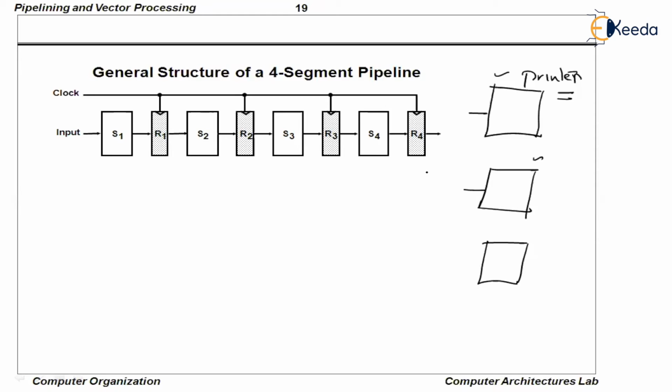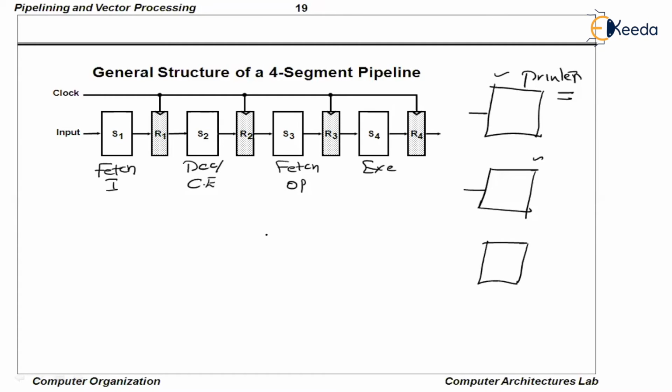Here, I will tell you one problem which is quite obvious for every pipeline designer. Let us stay focused. If you can remember, let us name all the segments again. This is the fetch segment, right? The instruction will be fetched. Fetch I. This is decode and calculate effective address. The third one is fetch the operand. Final one is execution and write back.